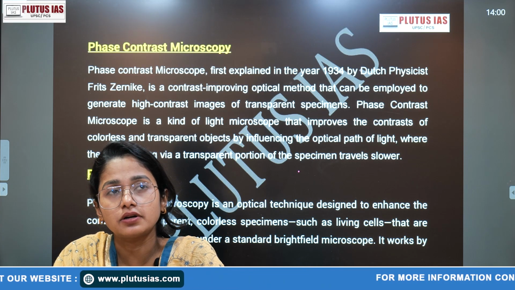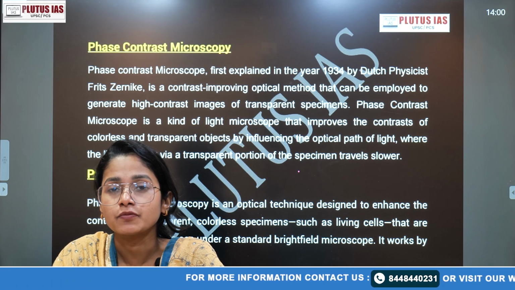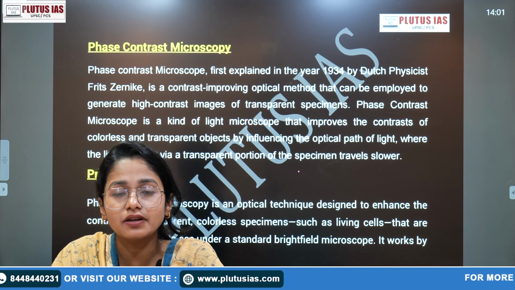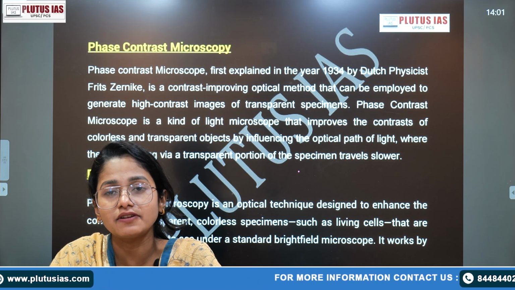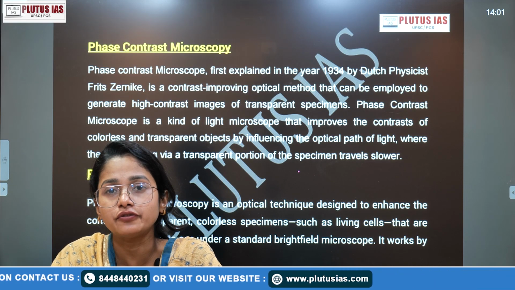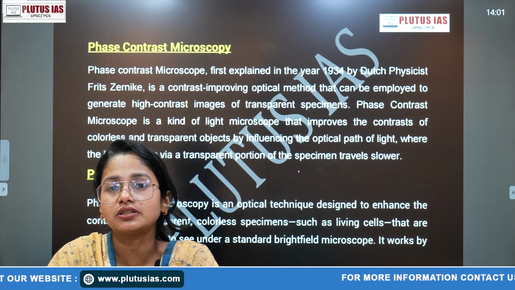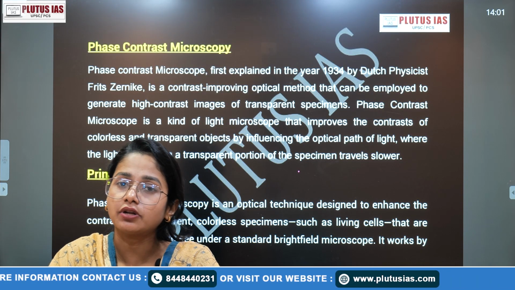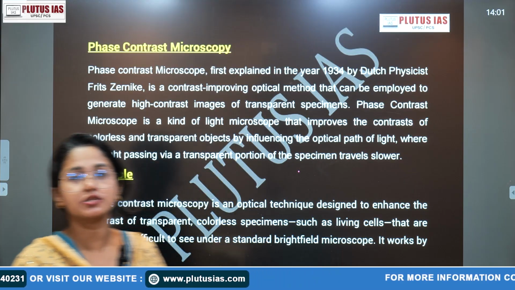So next we have covered fluorescent microscopy, where we have covered fluorophores. When we see a living or any biological slide, we actually stain it with a specific kind of fluorophore, right. From that the reflected light gives a different level of image formation. And today we are going to cover phase contrast microscopy.